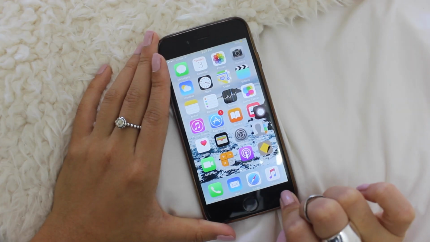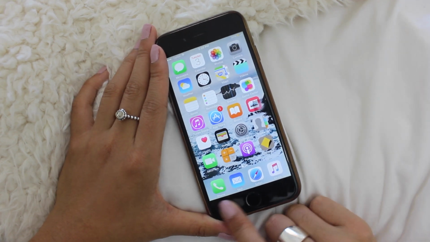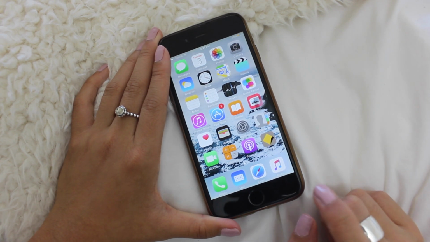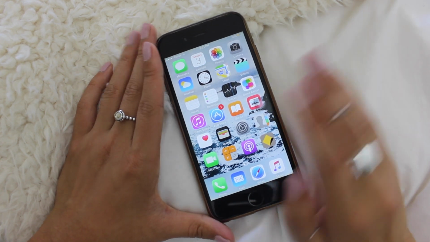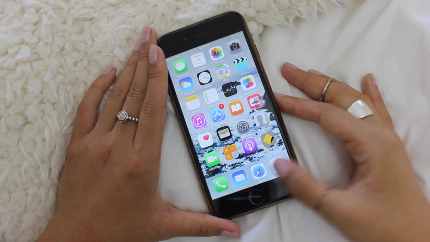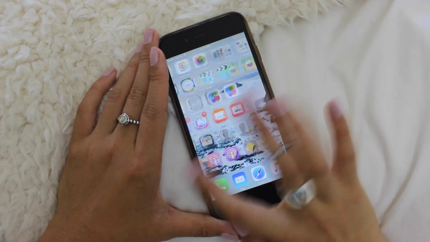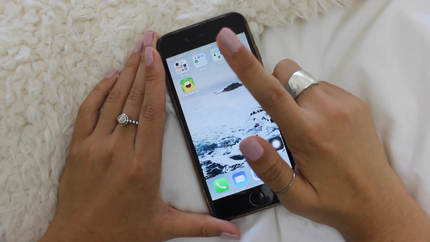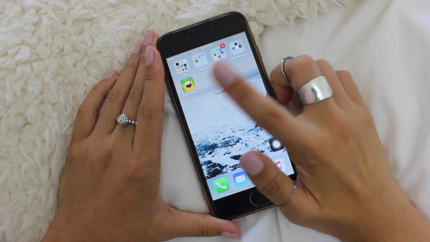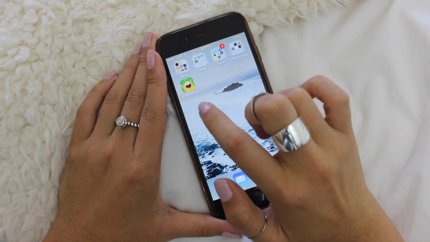At the bottom here, I have phone, mail, Safari, and music. I basically just use these three down here. And for my music app, I don't use it because I have another app where I just download music from, so I literally have no songs on this at all. So on the next page, is that what you call it? I don't know. I have other smaller folders and I have extras, music, social, photography, and just one game,